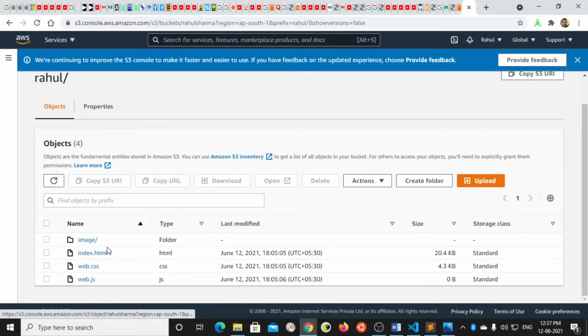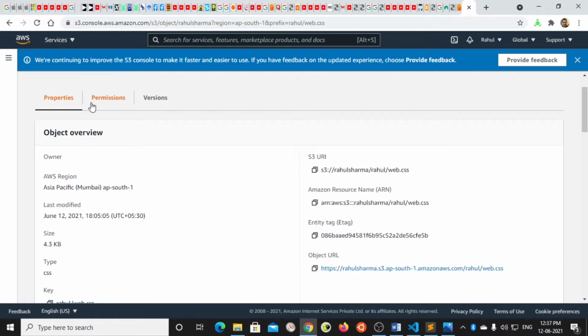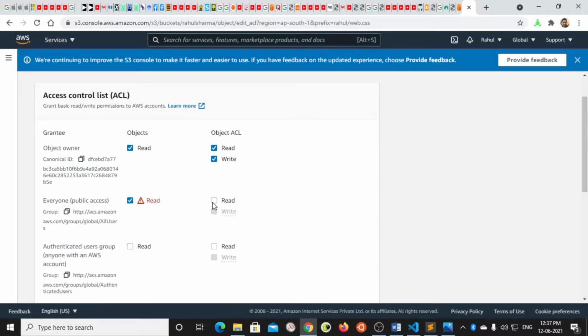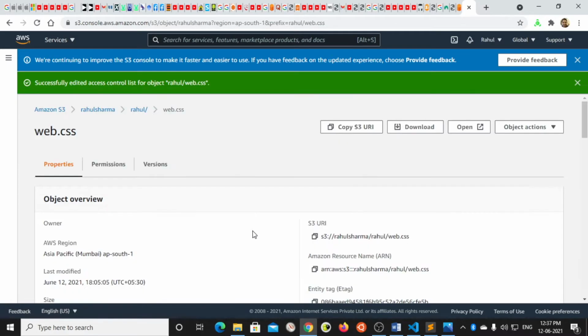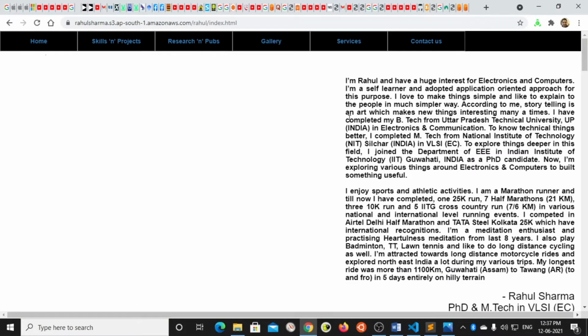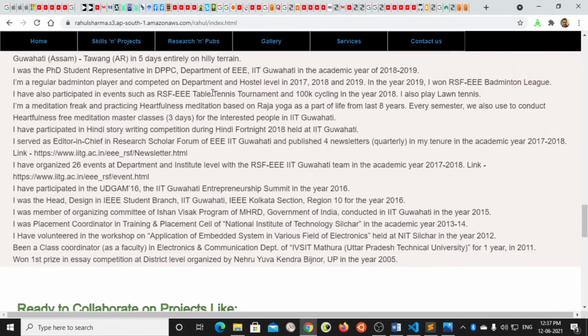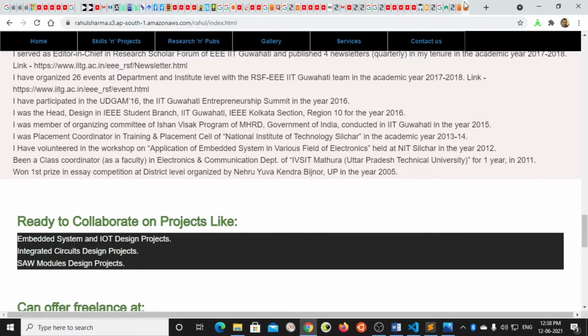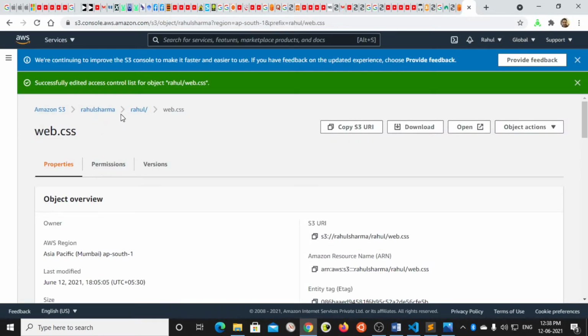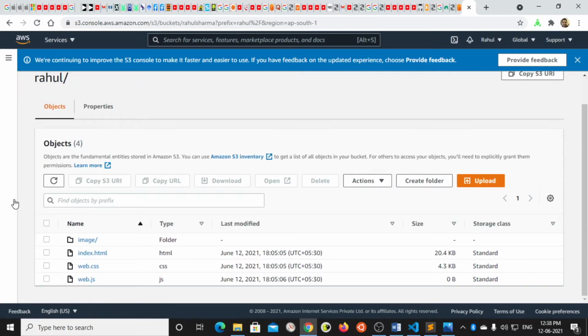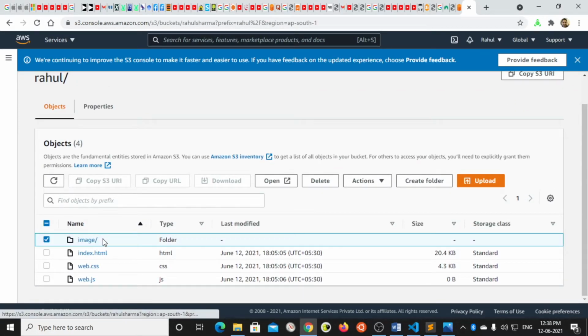So next we are going to link the CSS file. So the process is same. Now CSS will come. CSS is coming, this is styling, but still images are not coming. So this is the image folder. There should be one way to directly give the permission to this whole folder, but right now I don't know the procedure. So I'm going to do it manually one by one.